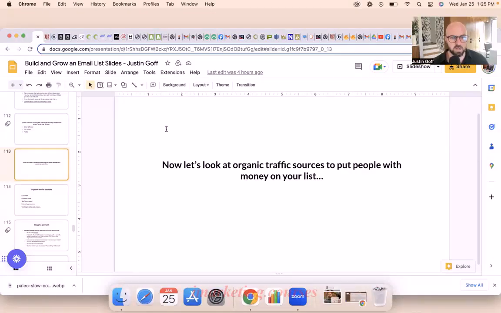Tom says, any pros or cons to structuring an email affiliate deal per opt-in instead of just paying a flat fee? Would you say no to an affiliate asking for a flat fee? So I've actually done both. When I get affiliates to mail for me, if I know they have a good list, I will pay them per opt-in. When I did the deal with Ian, I know Ian has a really good list, and I knew he'd send me at least 1,000 people. So I was like, I'll guarantee you